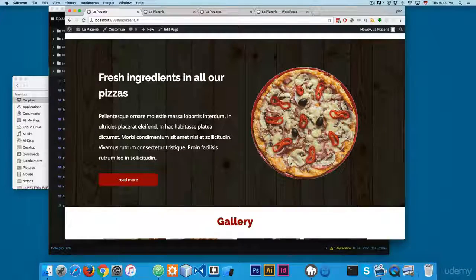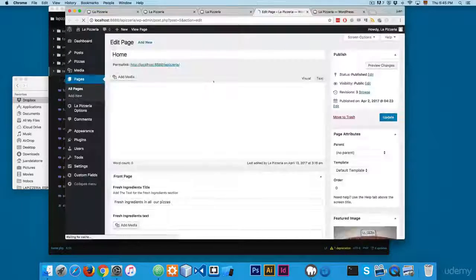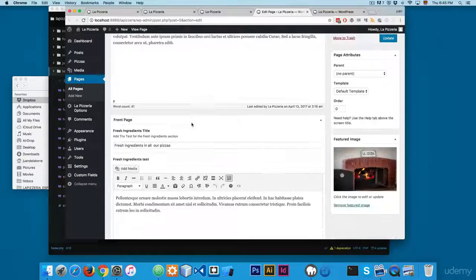If I scroll a little bit more, you can see that we have fresh ingredients in all our pizzas. We have some other text, and you can read more, and we have another image. This website is going to be fully dynamic. So for example, if you want to change these fresh ingredients, you can click here on edit page. And from here, you can see we are in the home, and you can see that we have fresh ingredients in all our pizzas. So you can change the text,